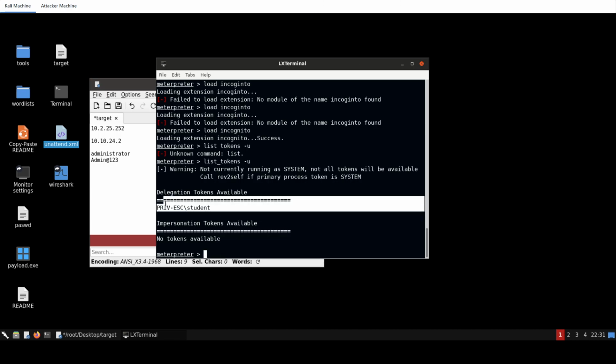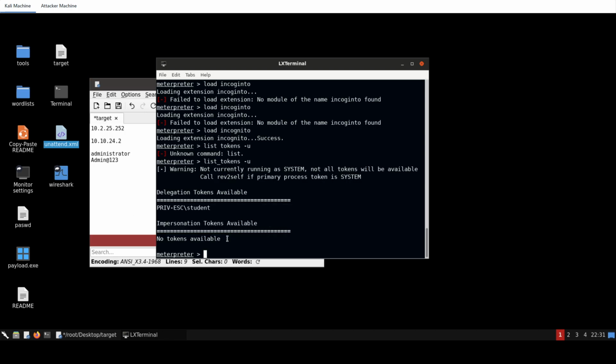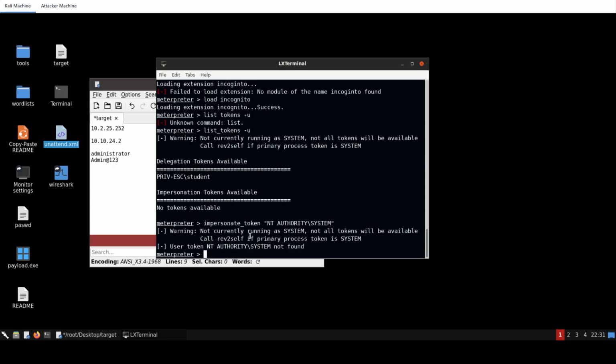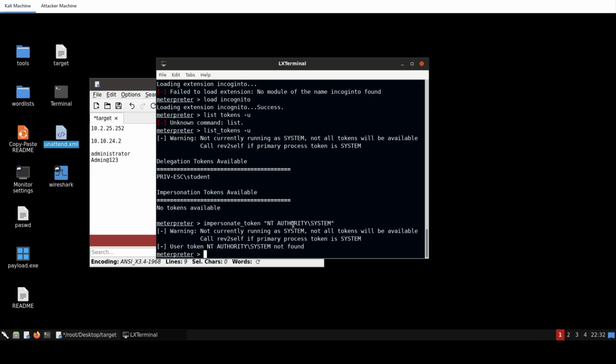It says we don't have anything, so apparently it is patched on this machine, but we can just try the command impersonate_token and manually type NT AUTHORITY\SYSTEM, but it probably will not work. Yeah, so